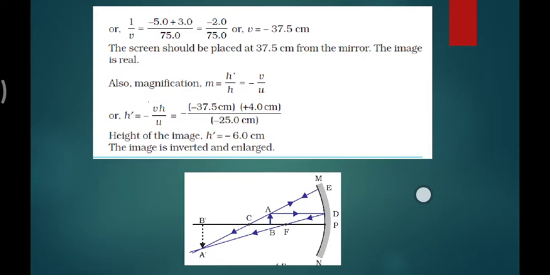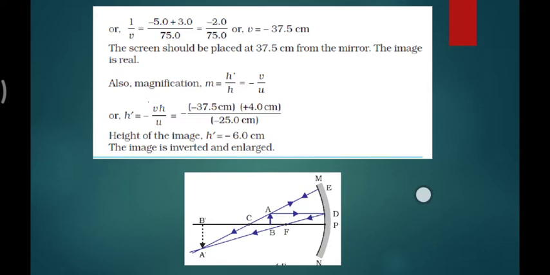The image should be at 37.5 centimeter from the mirror. And yes, this image is also due to the actual rays, so that's why it is a real image. Now what about the information regarding the size, shape and nature of the image? This can be done by using the